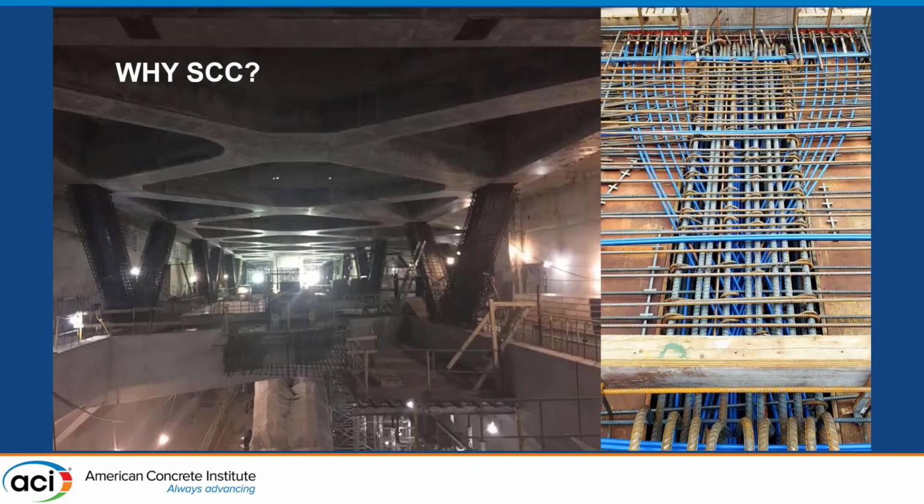So to stop that project, let's talk about some other mass concrete applications where we might need to use SCC. Post-tension beams, like the photo on the right, typically large elements that are considered mass concrete and super congested. And then intricate structural elements like the photo on the left,